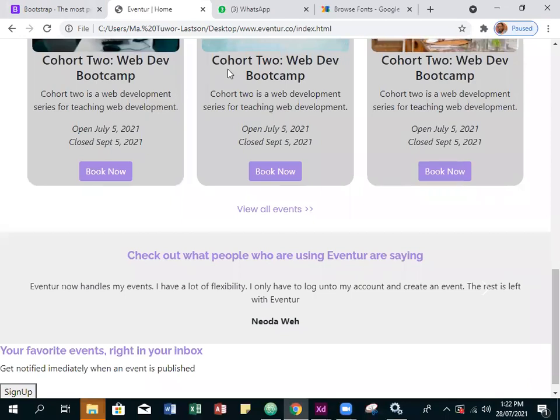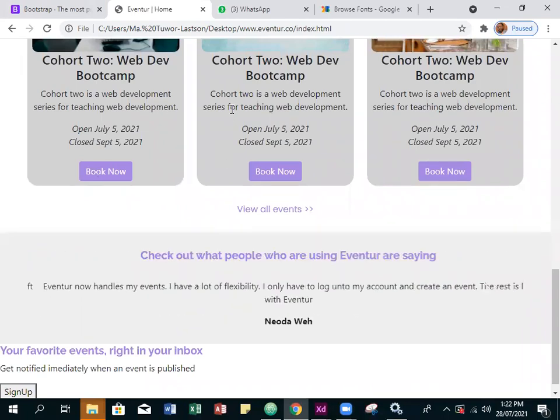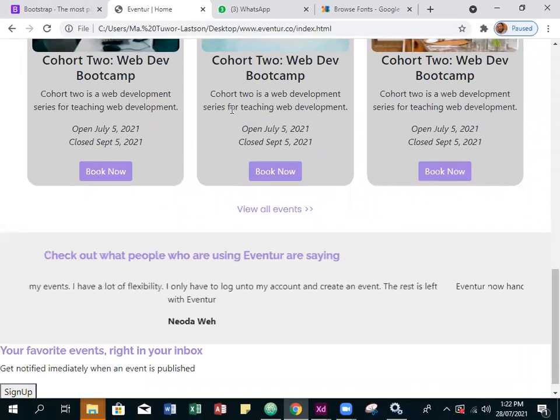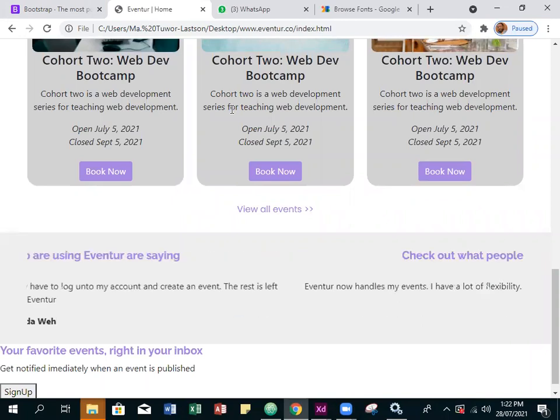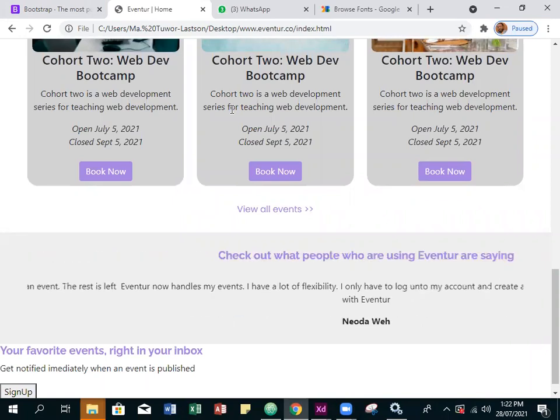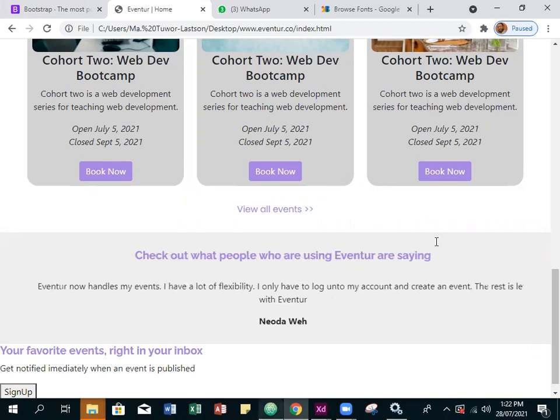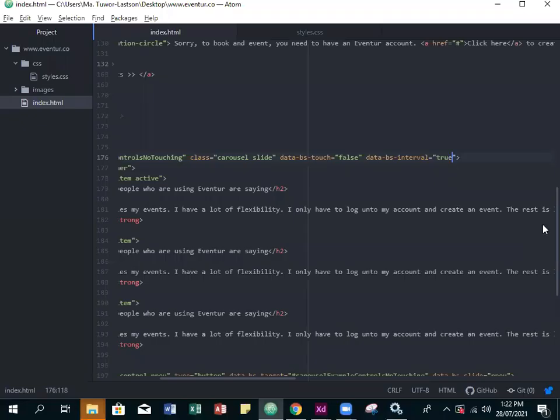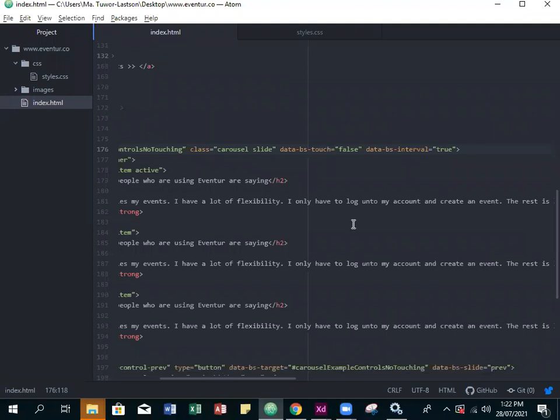You notice something? Okay, first of all, let's set it to okay. You see what's happening? It's sliding, because we didn't set any interval, so it's just sliding with no seconds. It's going, going. So if we go back here and set this to maybe 1000 milliseconds, which is 1 second,